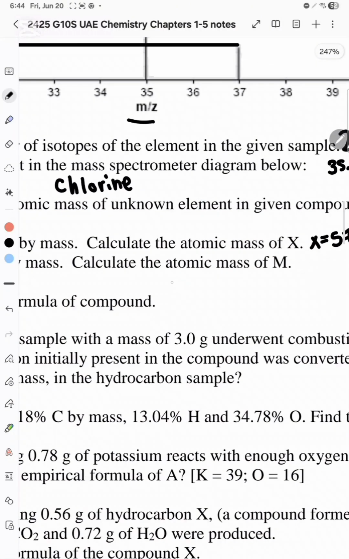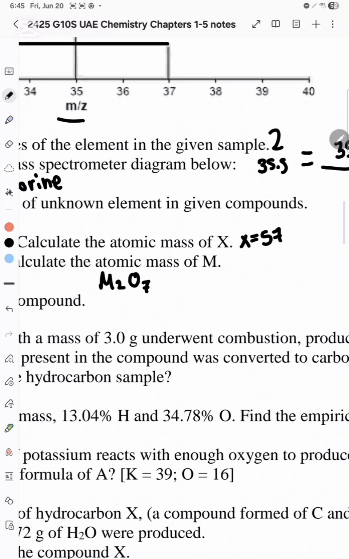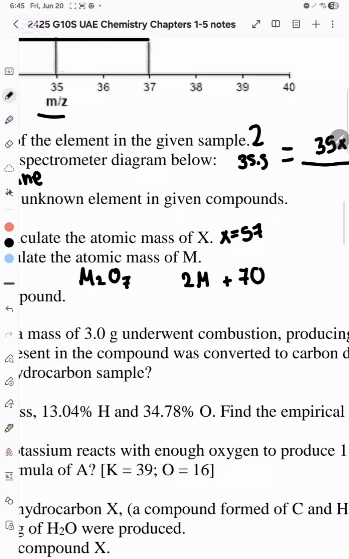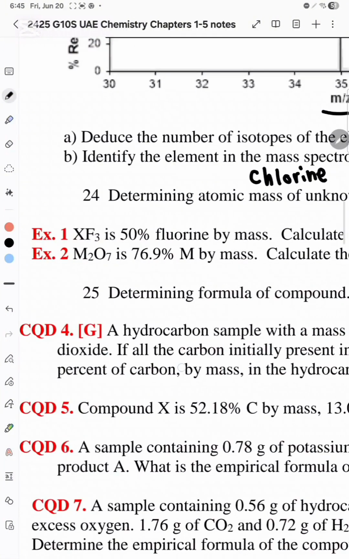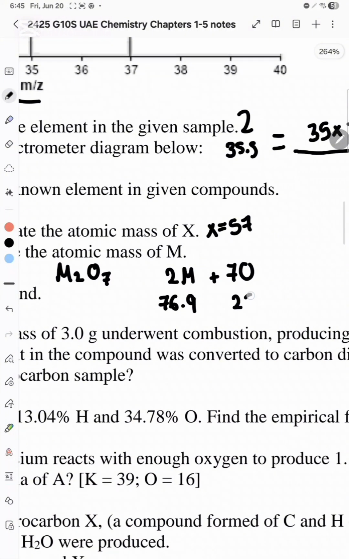So we have M2O7, right? Let me just write it here. So we have 2M. M is like our X, we don't know what it is, plus 7O. And we know that M is 76.9%. So if this is 76.9%, the other one must be 100 minus that. Let me do it on my calculator. 100 minus 76.9, and that's 23.1% by mass. Now we're going to do the exact same thing, except here we replace the O with 16,